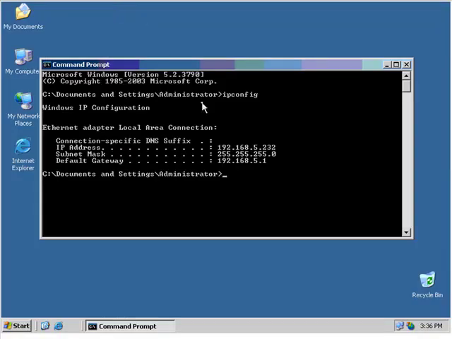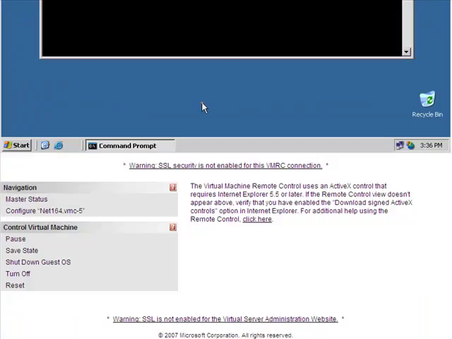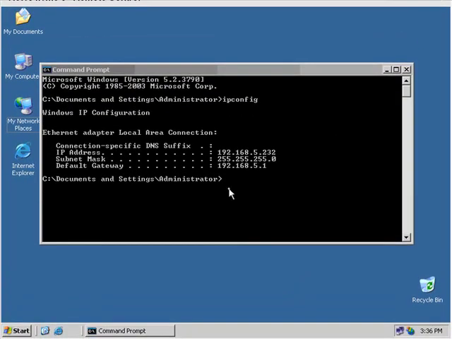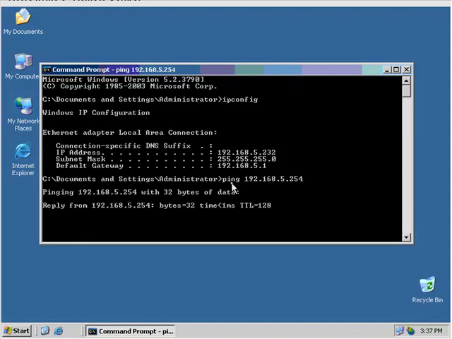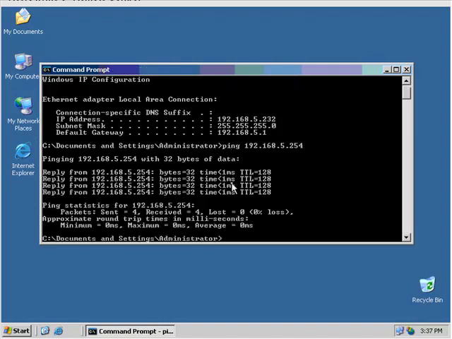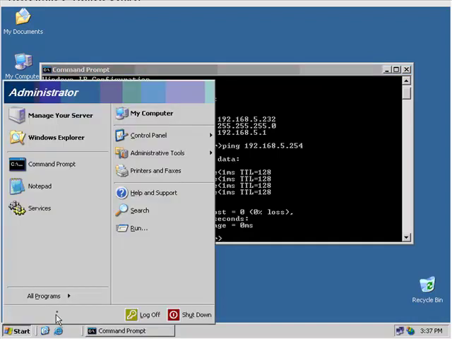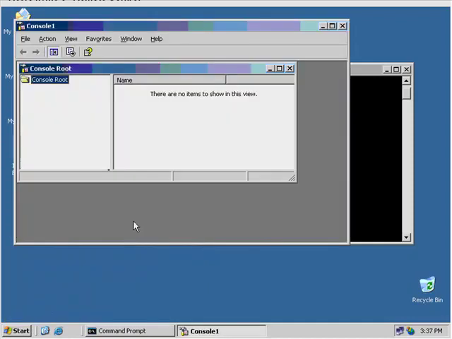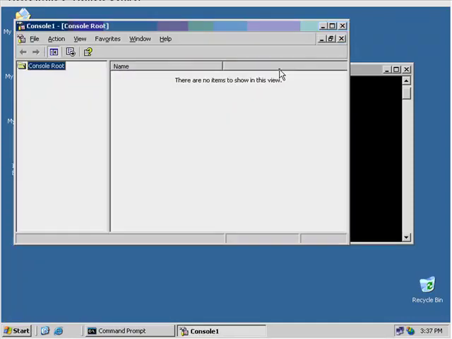And we'll go back to the other one and let's ping 192.168.5.254. So these computers are connected on the same network, are able to communicate. In order to configure the IPSEC connection, the first thing we need to do is to open the IPSEC management